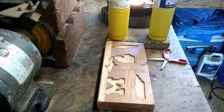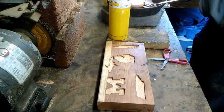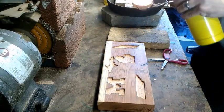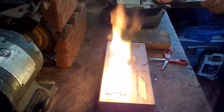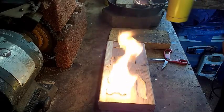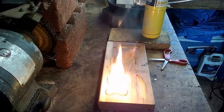Okay, the part I know you've been waiting for. Time to see some fire. I'm going to do the first pour here into the M. Well, looks like that turned out okay. Maybe could have used a little bit here in this left leg, but it filled in for the most part there,